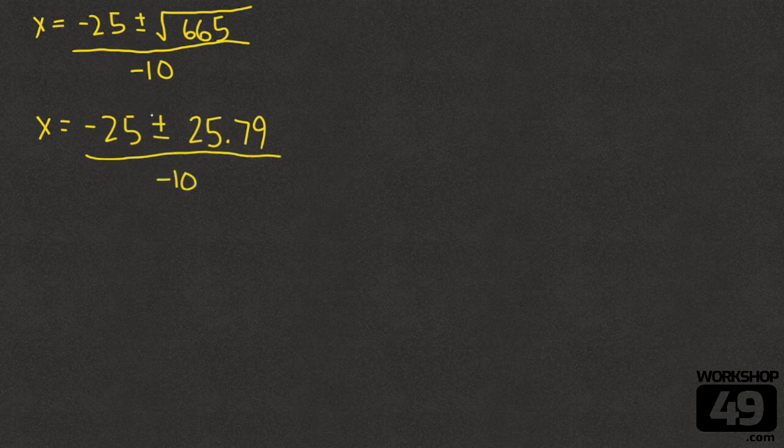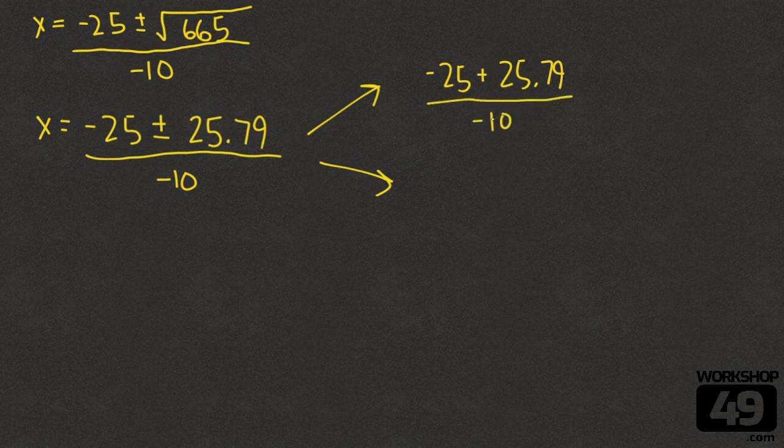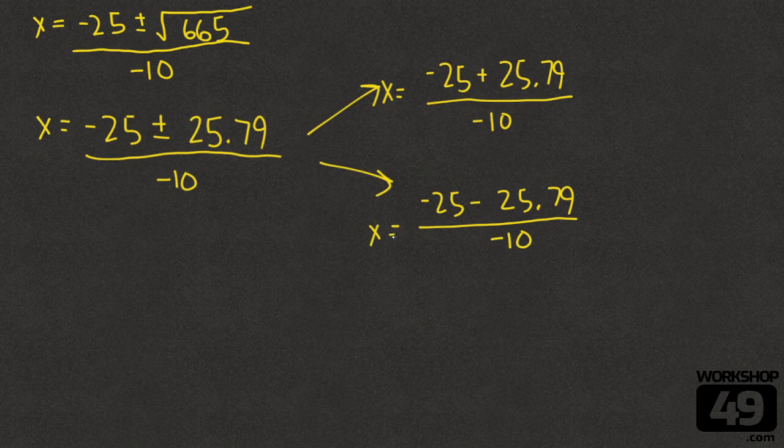At this point, we're going to deal with this plus or minus. It's going to give us two different answers. We get the negative 25 plus 25.79 all over negative 10, and we get the negative 25 minus 25.79 all over negative 10. Again, this is x equals and x equals. When you work these out, you're going to get two separate answers. You're going to get x equals negative 0.079, and you're going to get x equals